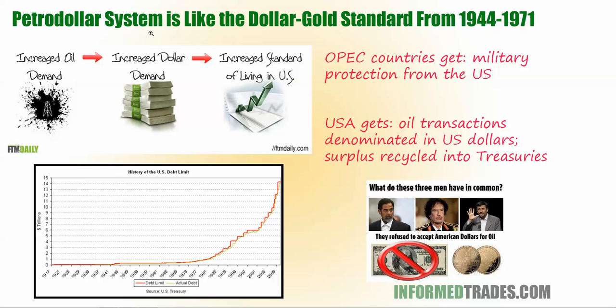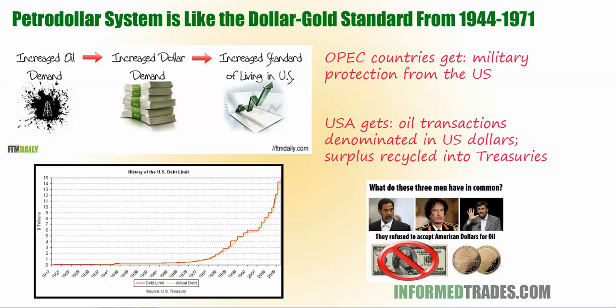So you can see these ideas illustrated on the screen right now, right? Make sure that there is a lot of demand for oil. It's the primary source of energy in the world now, as it was in the 70s. If those transactions are denominated in dollars, that creates a demand for dollars implicitly. And this also allows the value of the dollar to be preserved. It allows the U.S. to be an import-driven economy, allows the U.S. to be a finance-driven economy, and a lot of the U.S. economy is built around selling treasuries or selling financial instruments. All of that is enabled by there being a lot of demand for U.S. dollars, a lot of demand for U.S. treasuries, and a high value of the U.S. dollar.